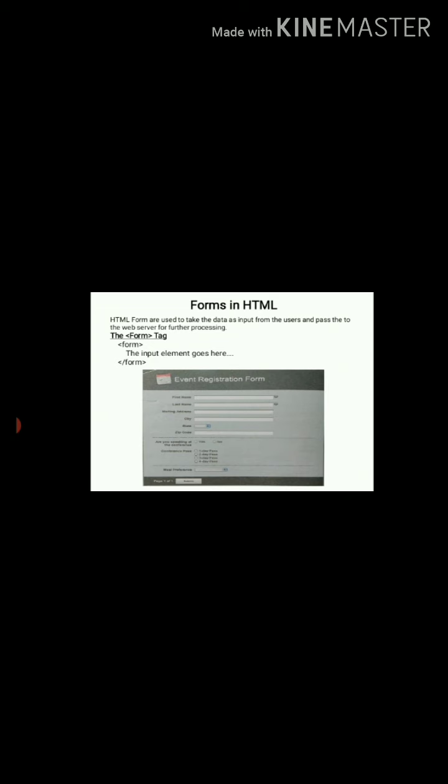Next is form. Form in HTML. What is a form? A form is just like a container which can hold whatever value we give to the computer. So a form is just like a hard copy form. Like if you go anywhere, school, colleges, then you have to fill a form.